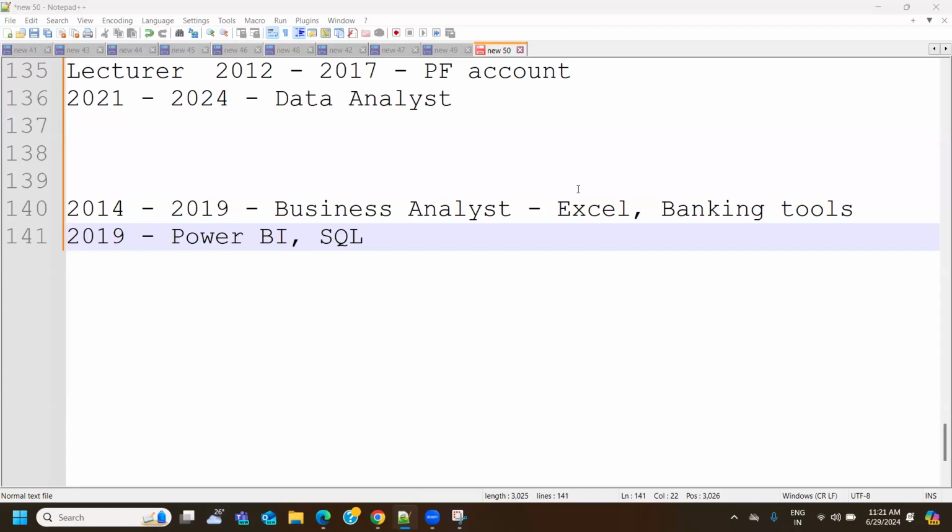How many years of experience do you have? 3 years. And you are working as what? Production support for the last 3 years. Yes, there won't be any problem. You can directly change. You have a valid PF account, you have valid work experience, no problem. But see, if you are changing your LinkedIn, that means you have good exposure to whatever skills you are mentioning. So first think whether you have good exposure or not, and then change your LinkedIn. 1500 connections is a very good network. No one will question.